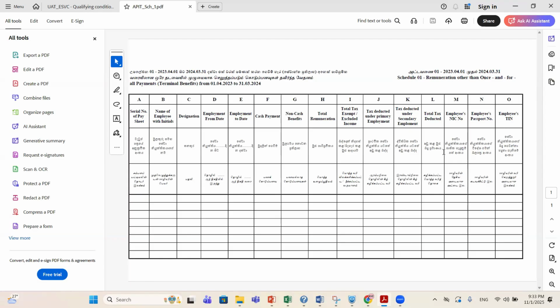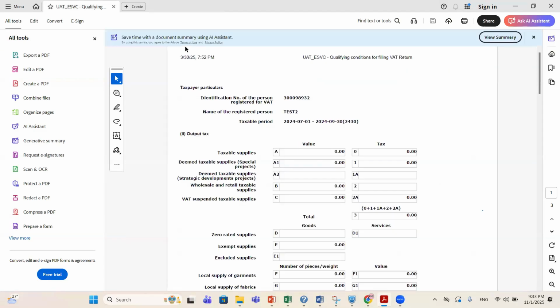So at the moment, the matching will be done through this NIC number. So in order to allow the APIT credit to a particular employee, the system will check this column, right? So the system will do the matching through this column. NIC number හරහා තමයි match කරලා බලන්නේ. That is why it is very important to enter the correct number, right? So this is schedule 1. Let me show the other schedules.